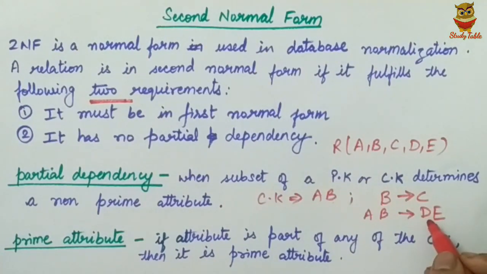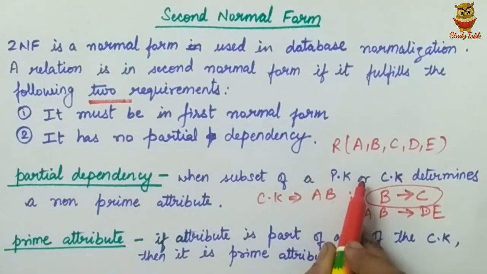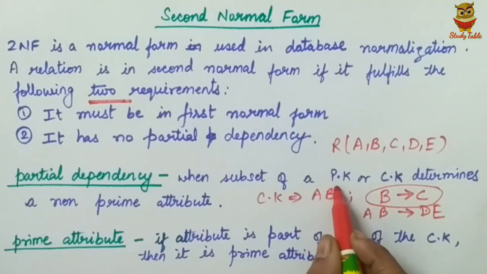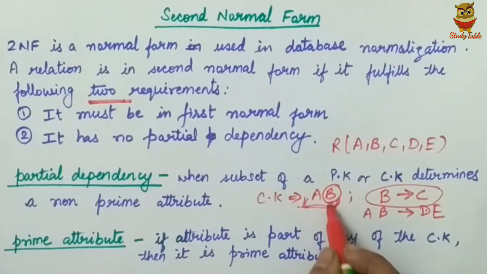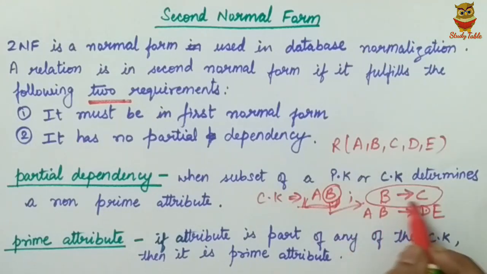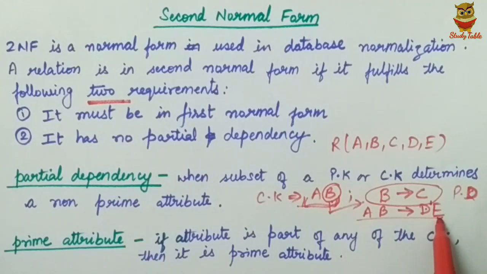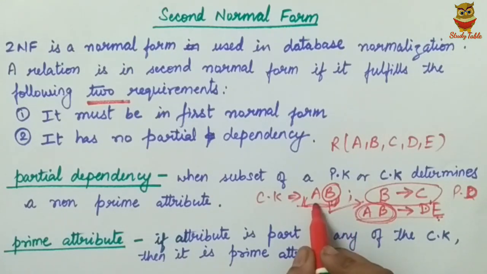Then in these two functional dependencies, this will create a problem. B determines C has partial dependency because, as the definition says, a subset of a primary key. So AB is a primary key, or you can say the candidate key. AB is one set, and the subset is B. So B alone is determining C. Thus this FD has partial dependency. In the next FD, that is AB determines DE, there is no partial dependency as DE is dependent on both the attributes in the candidate key.